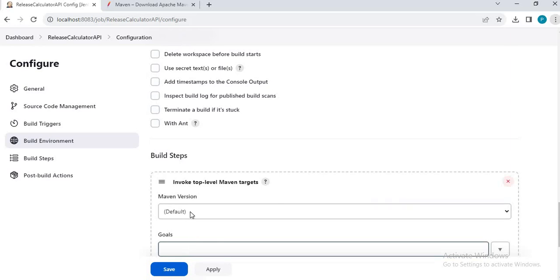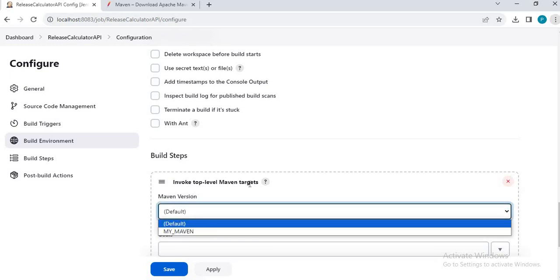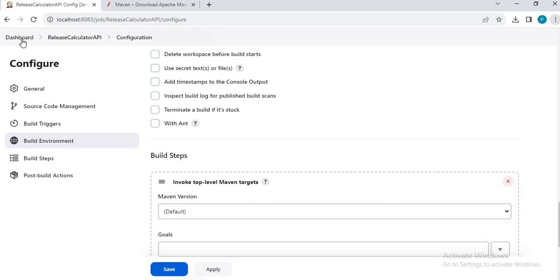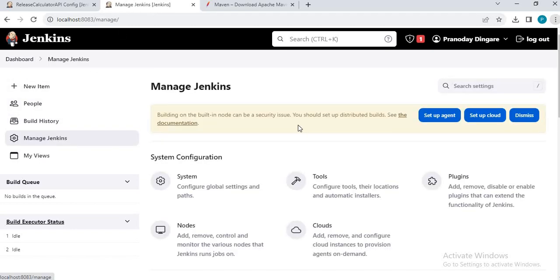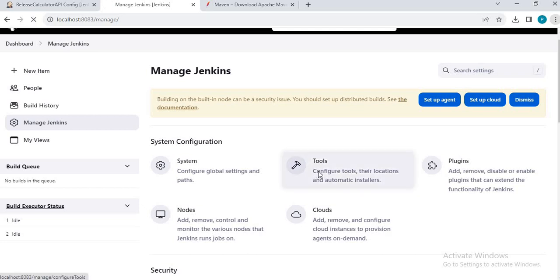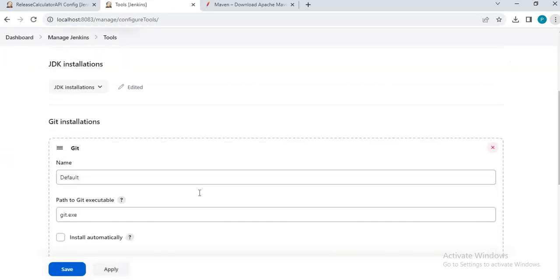Let's click here, and first it will ask us about the Maven version. So this is my Maven. I'll just show you where it is coming from. Let me open the dashboard in another tab. Let's go to Manage Jenkins. Let's go to the tools. Let's scroll down,